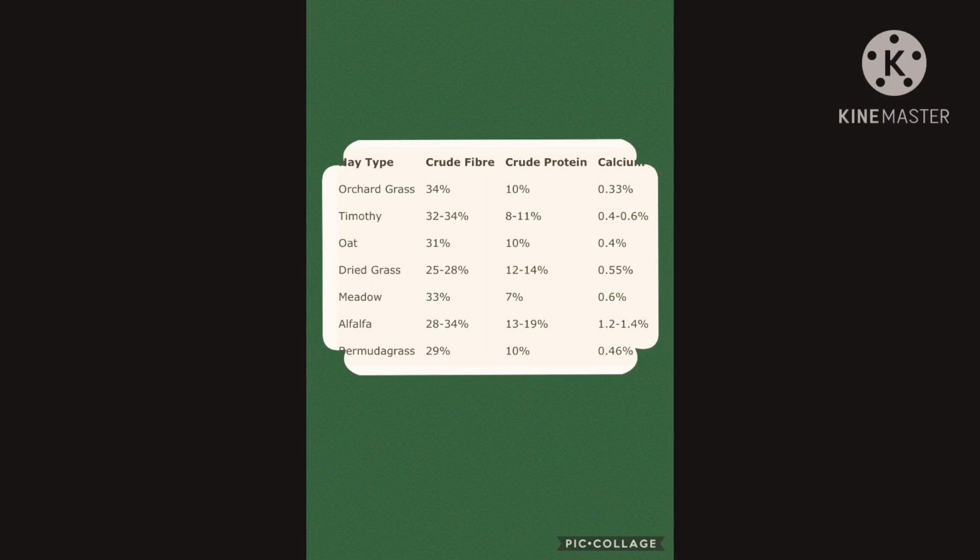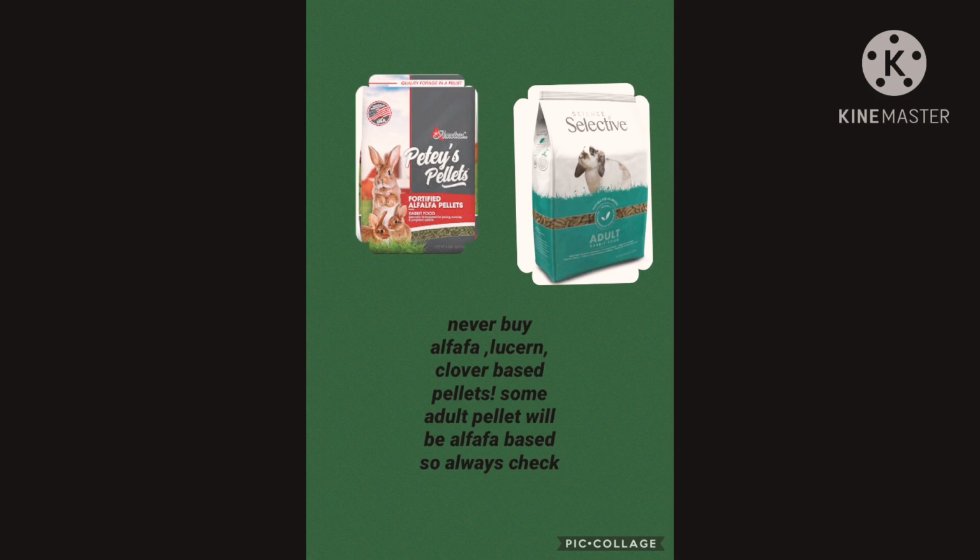which is why alfalfa, clover, or lucerne hay should only be fed to younger bunnies and younger rodents, 6 months and younger, when they are babies, because obviously the calcium is what helps the animal grow. This also goes for the pellets that you feed. So if you choose to do fortified feeding, make sure you are checking the ingredients. Some pellets are straight up alfalfa, like I know Oxbow has the young rabbit food, which is alfalfa based. And then you also have alfalfa pellets like the image on the left. But on the right, this is aimed at adult rabbits, but it is actually alfalfa based, so make sure to